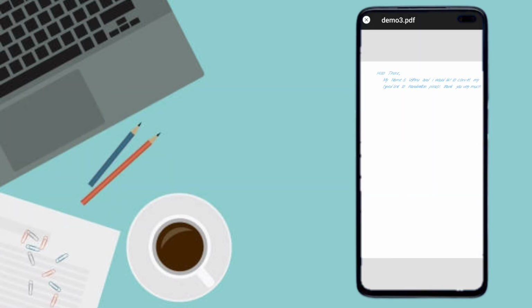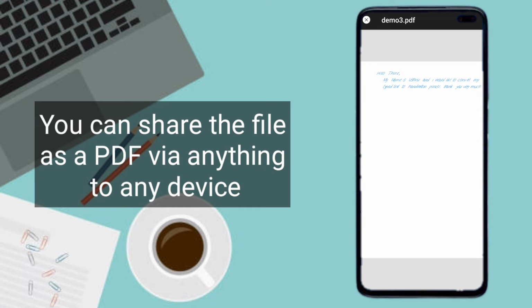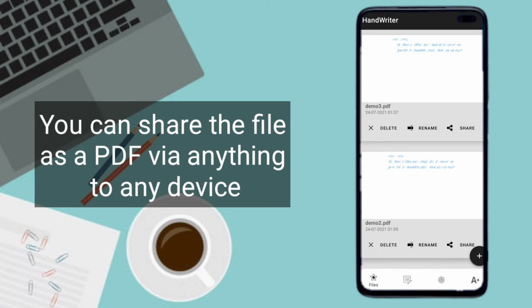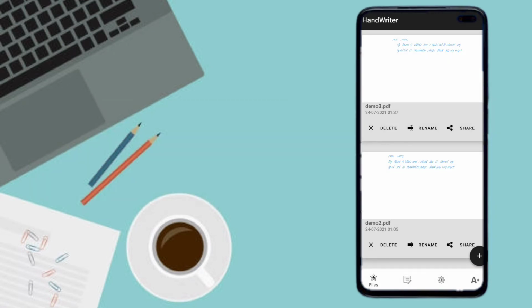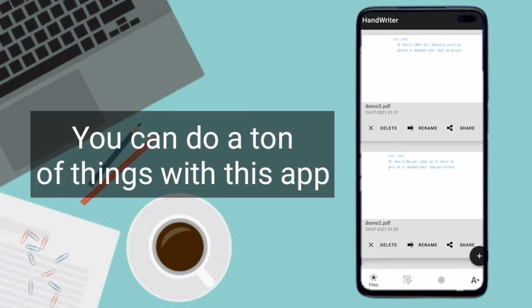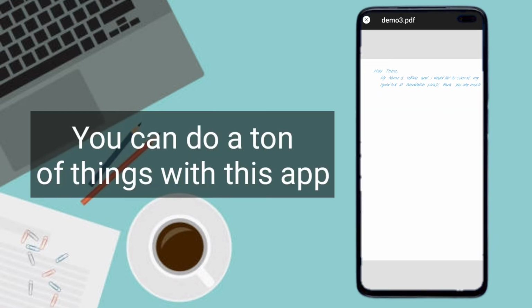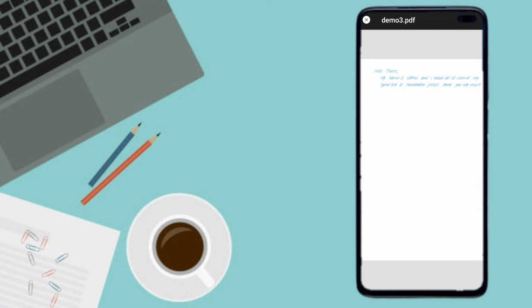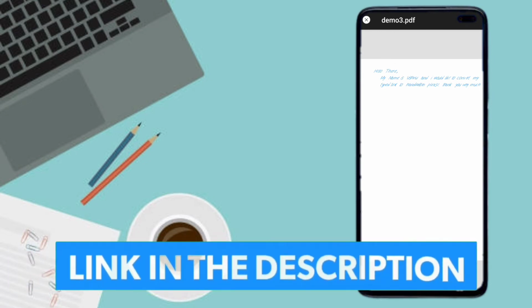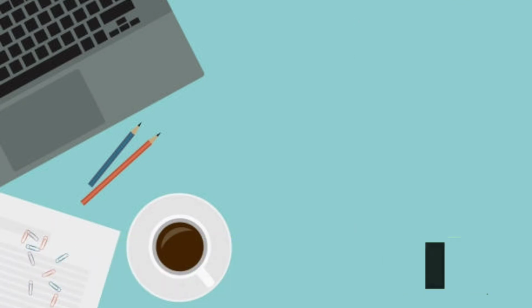So as you can see, you can send this file to your devices, and you can share this file to your WhatsApp and other sharing platforms. So there are different fonts, and there are different things you can do with this handwriter. Not only this type of handwriting, I'm gonna give some tutorials in the link, because this app is a little bit complicated to understand, so you can watch those tutorials to understand the app very clearly. Let's go into the next one.